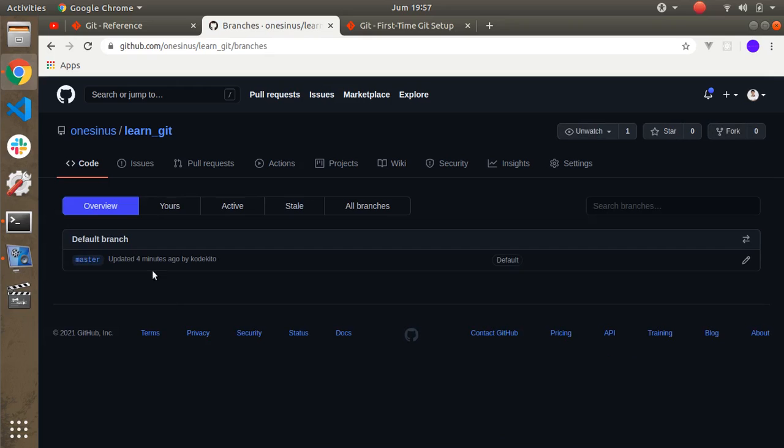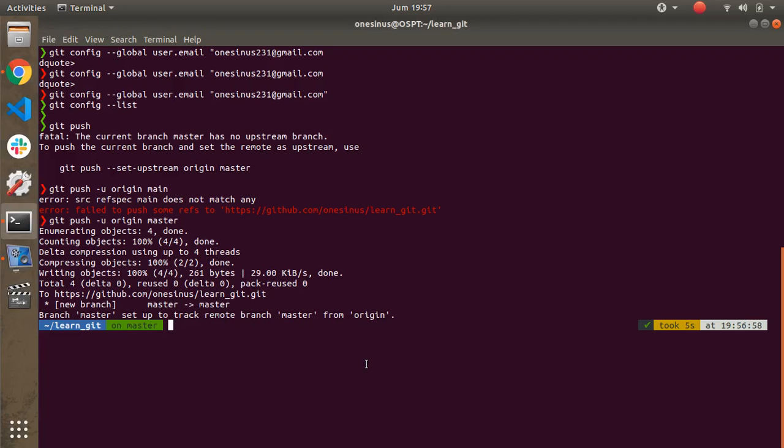You can create a new branch, create your own branch or change the branch name. But by default, Git gives you master as your default branch. So you can push with git push -u origin master. For the next commit you will need just git push.